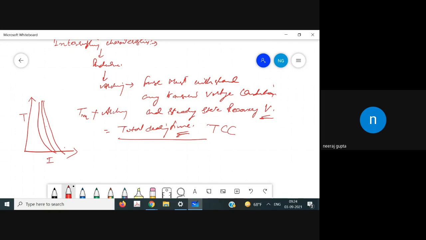For the lower currents, the melting time can be large, which is obvious: if the current is lower, the melting time is large and the heat produced is very less. This is because of the lower stored energy, that is, the energy stored in the inductor, which is 1/2 Li² in the inductive element.